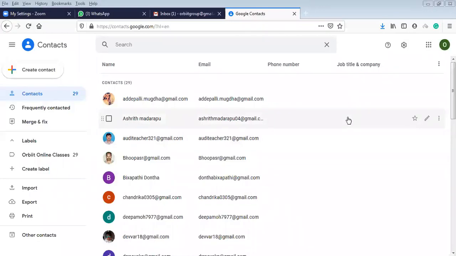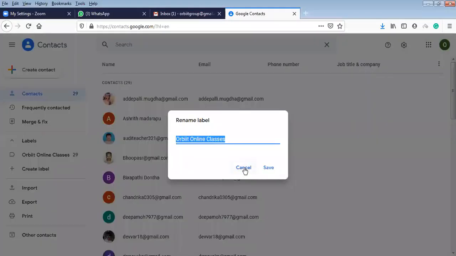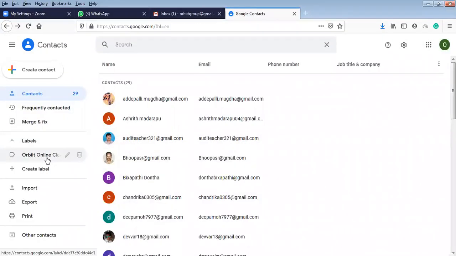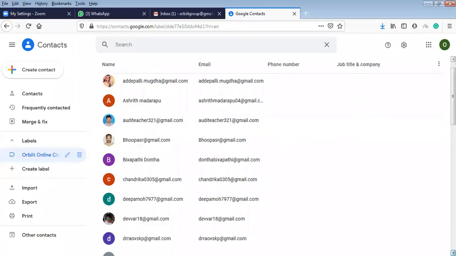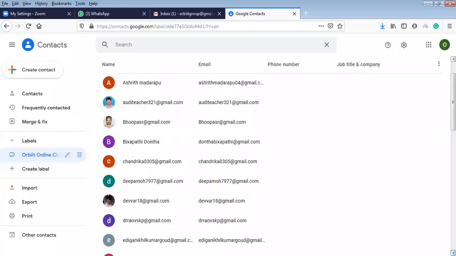Okay, I'll be sharing the email IDs which are added to the group. If your email is not there, send me in the chat. Everybody see the screen? Yes, sir. So I'm going through the email IDs we have.